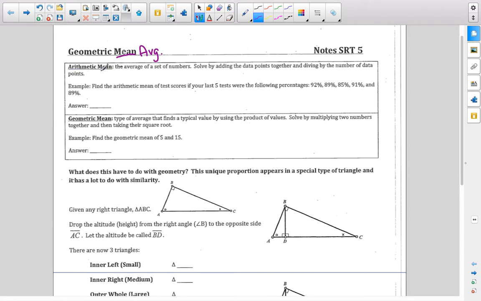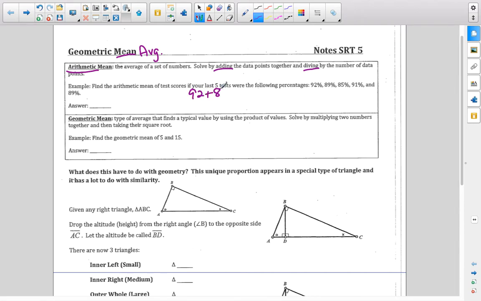But to find the arithmetic mean, the math mean of a set of numbers, you add the numbers together, add the points together, and divide by the number of data points. So, for example, and this is where it might get familiar to you, if you have 5 tests and you're wondering what your average is, at least in the test department, you would add the 5 numbers,